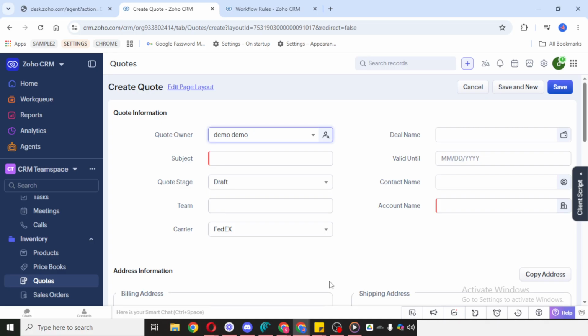And that's how to create a customer quote in Zoho CRM. As you can see, the process is straightforward. Open your account, go to Inventory, select Quotes, create a new quote, enter the subject and required details, and then